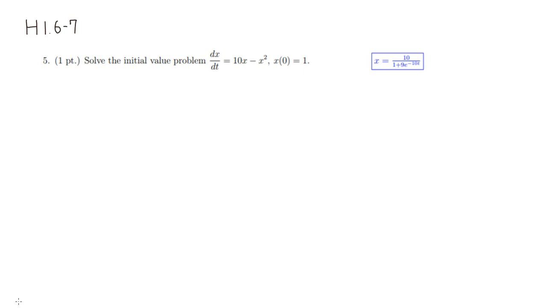Alright, let's look at the homework 1.6, 1.7, problem number 5. So we have this initial value problem, and let's try to solve that. Alright, so we have a differential equation,